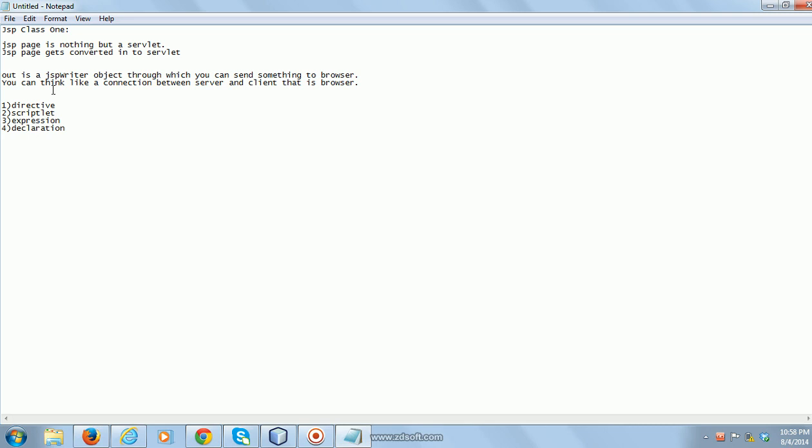Now we have covered the directive. There are different directives. Directives start with percentage at the rate: page directive, taglib directive.